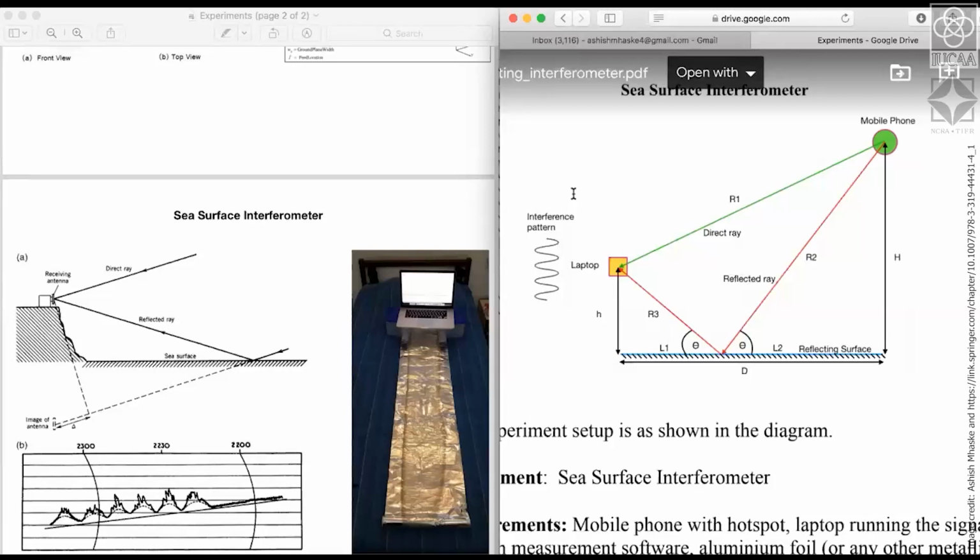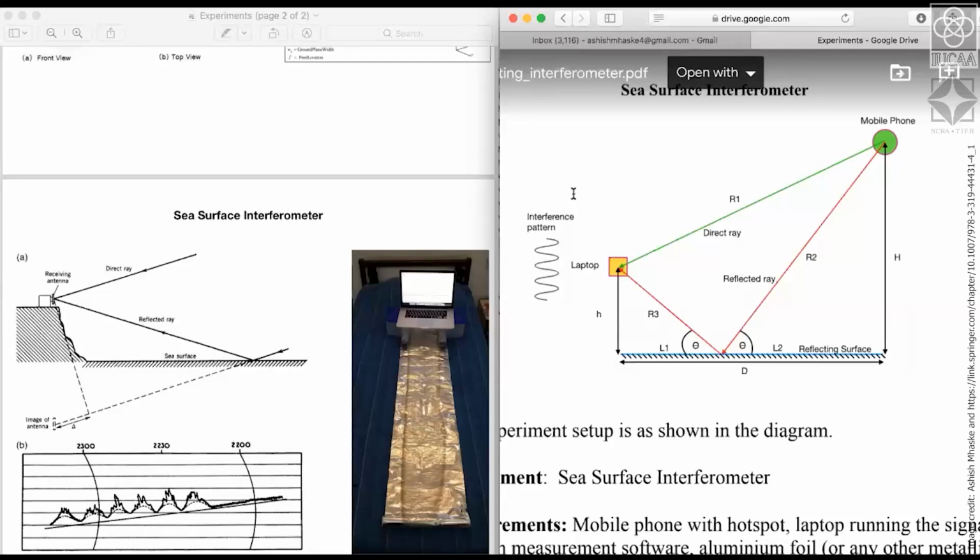Right. In fact, the corollary of that is that if you do have only a small patch of foil, you can cleverly put it at the correct place based on the heights that you have chosen. Yeah, I did experiment with that. We have to calculate and see where the reflected ray goes. But since it will be a pain, certain patches you need not cover at all, because you're never going to have that situation for the height range that you might explore, right? Yeah. Okay. Understandable. Thank you, sir.